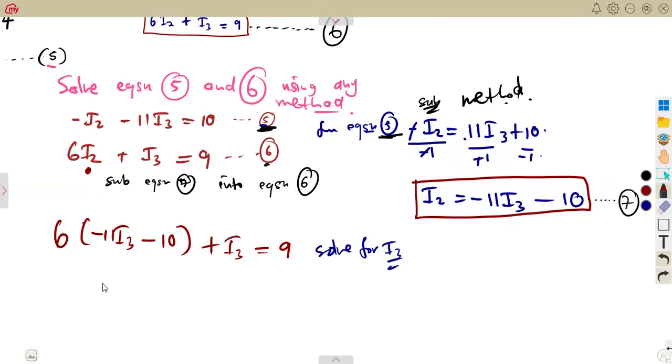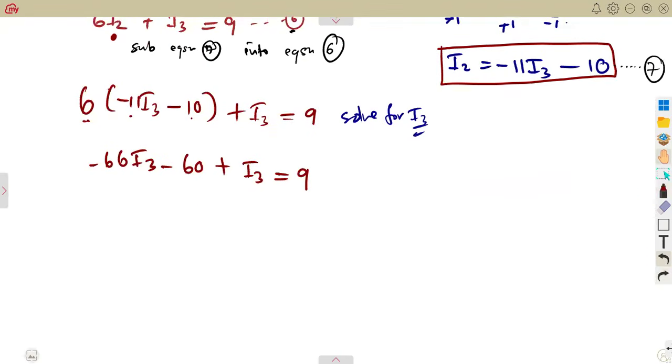Expand your brackets. This is a linear equation so that we can collect our like terms. So this will be negative 66 I3, 6 times this, that will be negative 60, plus I3 is equal to 9. All right. So let's solve for I3. We can collect like terms, I3 and I3 here. This is a 1. So that means you're going to have negative 66 plus 1, which is negative 65 I3, which is equal to,